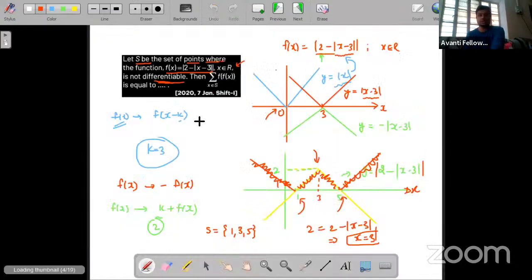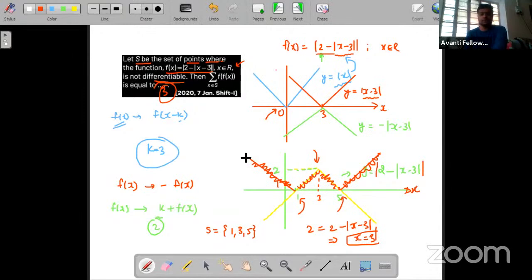Now we have to check which option is correct. Okay, there is no option. So 3 is my answer. Clear? Understood? Basic thing, we have to remember the transformation of graph. We have learned function, or we have learned the transformation in class 11. So we are using basic graphs. Understood? There is no problem.